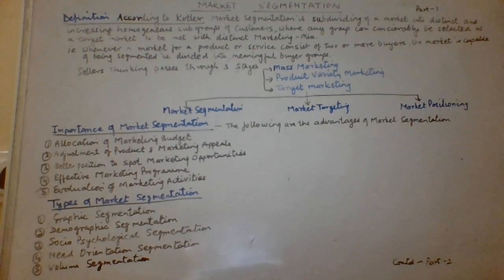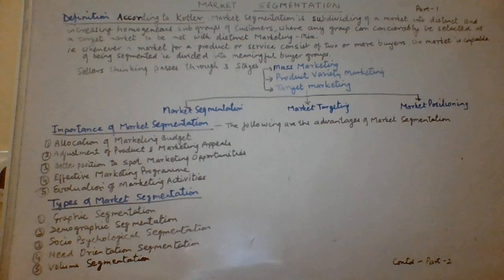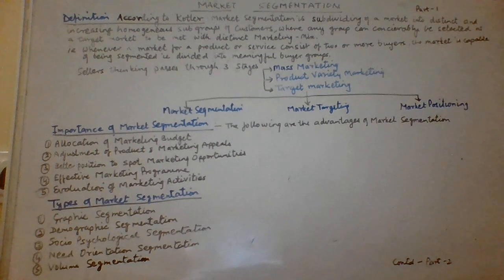So many factors come in, so it helps us in selecting in which region the money or the budget should be allocated. Because, as I said, if we are segmenting, dividing the market, and we are selecting two or more, that means the total budget has to be divided or allocated between the selected segments.